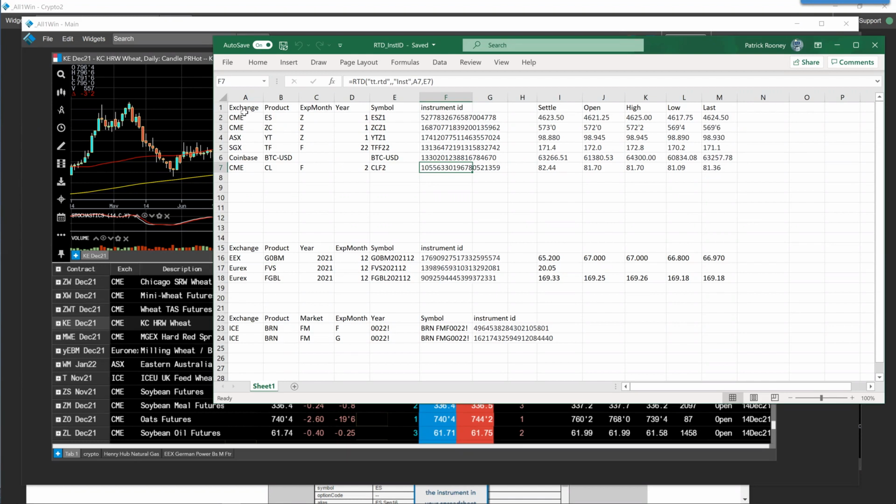First, there's a couple different ways to do it. It depends on the exchange, at least the way my spreadsheet is set up. There might be a better way to do it, but this is the way I do it. For CME, SGX, Coinbase, and probably a few other exchanges, it takes this type of cadence. There's a different cadence for Eurex, EEX, and a different cadence again for ICE. I'm going to focus right now just on the CME stuff